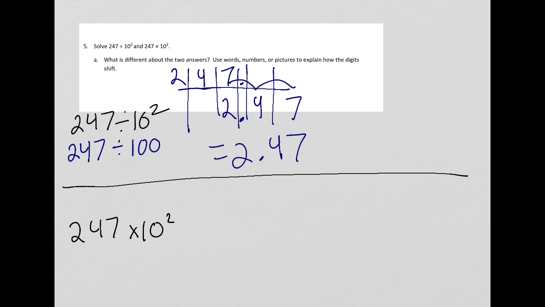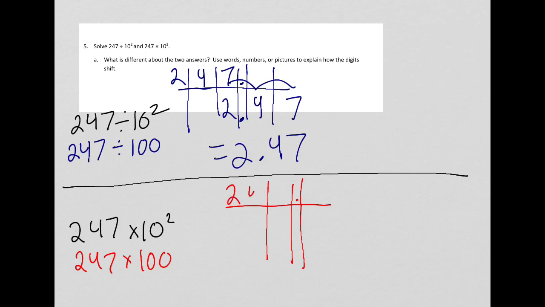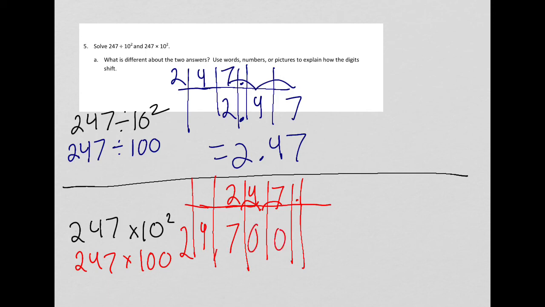When you're multiplying by 100, our digits are going to shift the opposite direction. So they're going to shift 2 places to the left. So when they're asking us this, we should draw this out too. 247 times 100 means they're going to go to the left. Oops. 2 places. So we get